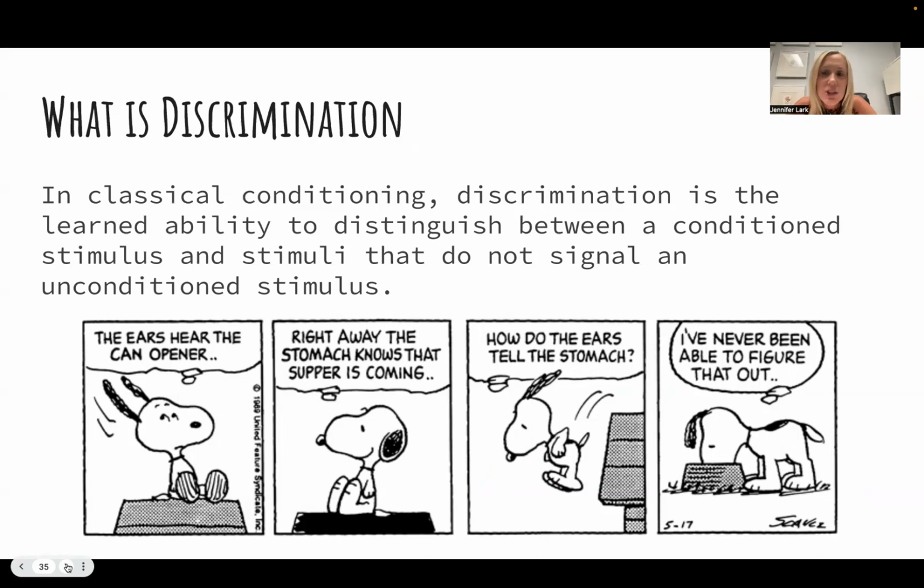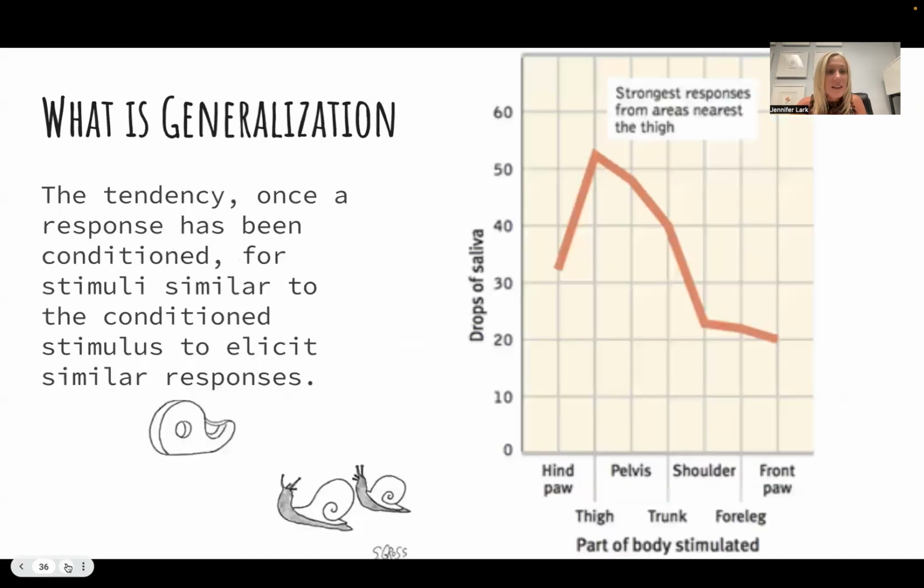So in classical conditioning, discrimination is the ability to distinguish between a conditioned stimulus and other similar stimuli that actually don't signal an unconditioned stimulus. So in Pavlov's case, if he rang a whole bunch of different types of bells around the dogs, but they only drooled in response to the one bell that was paired with food over and over and over again, they would be discriminating. To the extent that they would drool to all different types of bell sounds, then they would